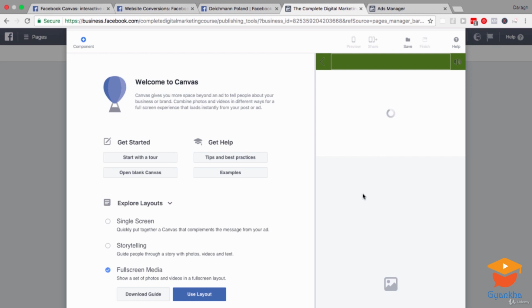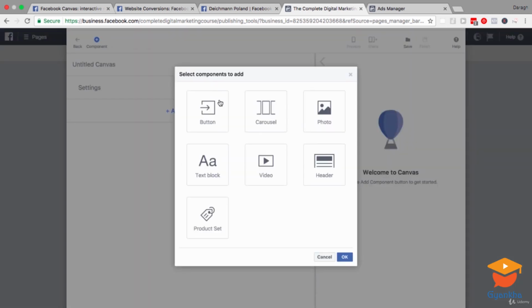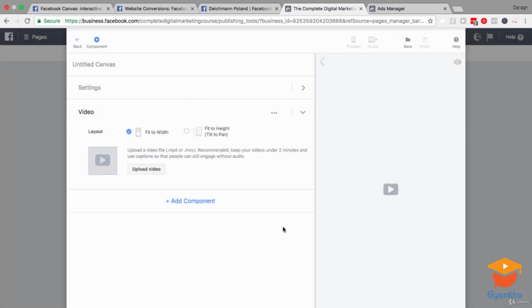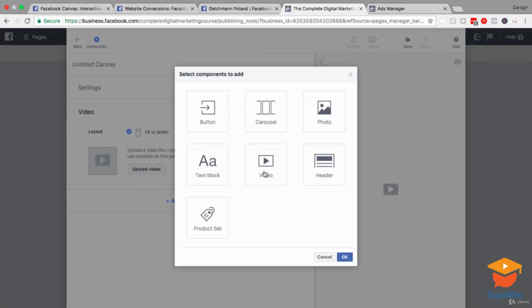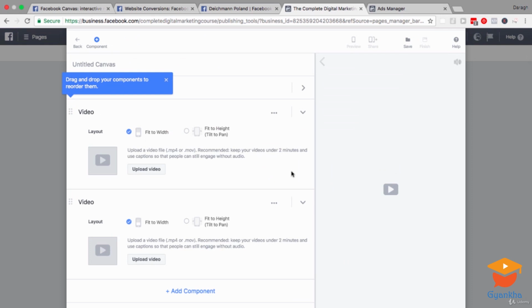This will start to load up hopefully, and you can use it to really use the guide. Maybe let's just start with an open canvas. So you can see you can put in a button, carousel, photo, product set once your product catalog is uploaded, and video. So let's just put in a video, and see you can continue to add components as people scroll down, scroll left, scroll right, etc. So I won't go through all the details of setting it up, but once you have got a canvas created,